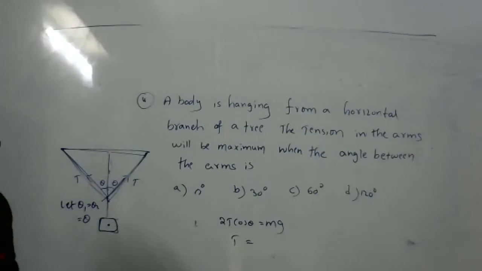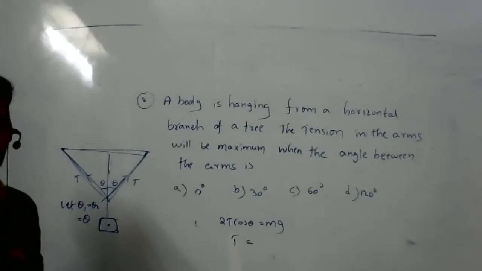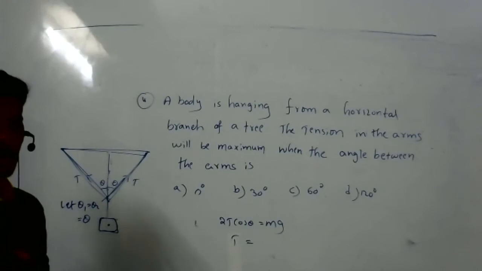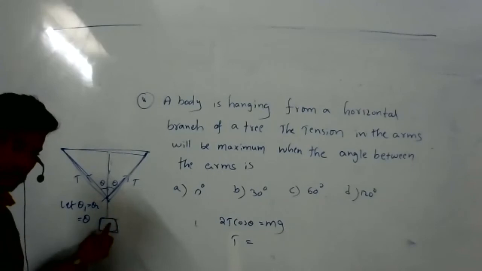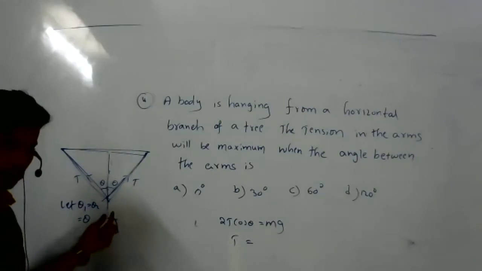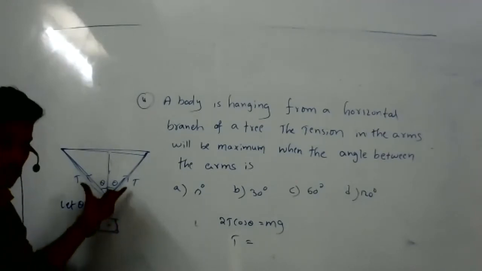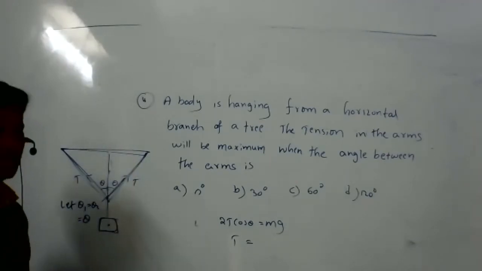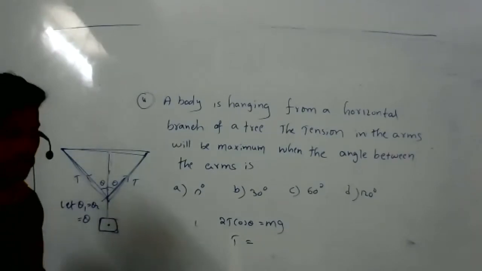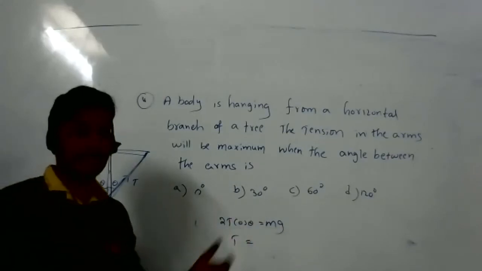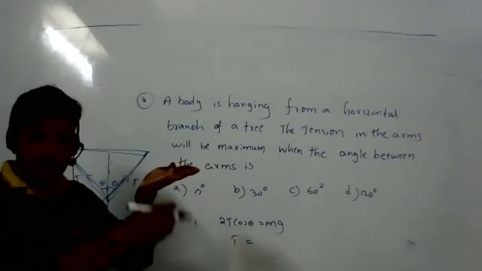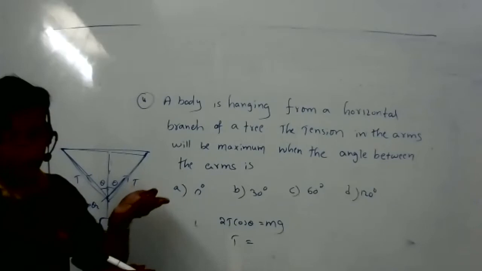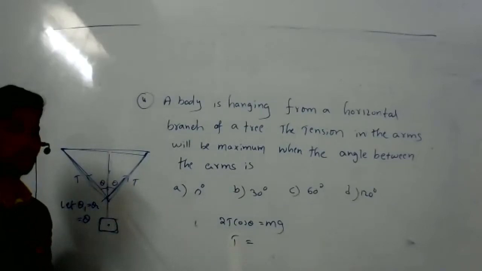Tell me, ma. Sir, we can interpret like this: one string and another string, and a mass. Correct. So when the string is tightened, that means the angle is 180 degrees, right? And at that time the tension is mg itself. So that is the maximum. So we can say that when theta is 180 degrees, it's maximum. It's maximum, but the 180 option they didn't give, right? Whatever you are telling, when it is 180, more tension will be there. Yes, sir. So therefore, the greater the theta, the more the tension.